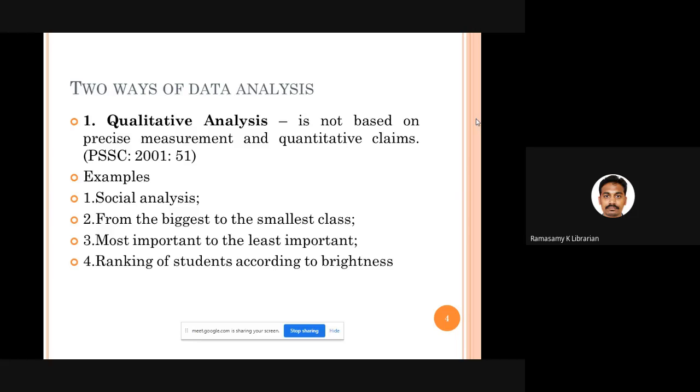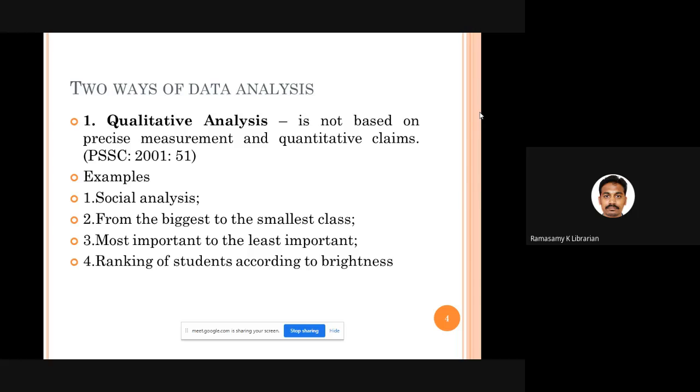The qualitative analysis is not based on precise measurement. We cannot say that a particular person's beauty is 14.73 degrees Celsius. No, we cannot say so. Wherever it is not possible to refer to variables in an exact, precise manner using numbers, you can go for qualitative analysis.